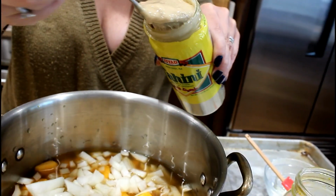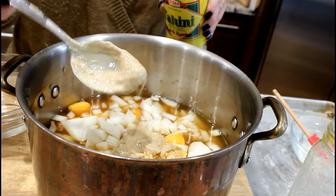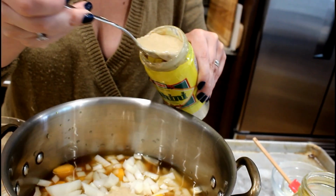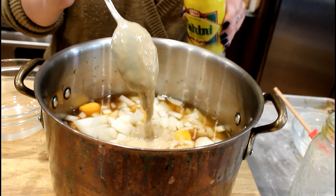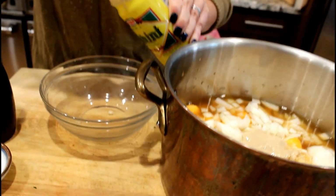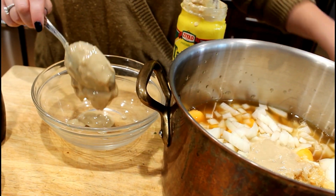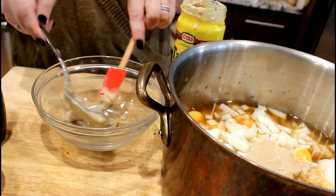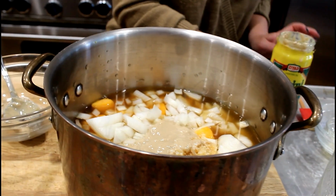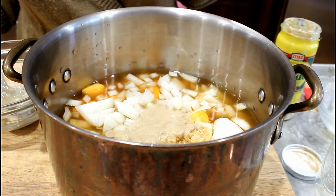So take a big glob of your tahini and put it in your soup. Get a little more in there. It's going to give it a little nuttiness. And then we're also going to make a yummy garnish with the tahini. So as long as we're in here and have our spoon dirty, we're going to get another big glob of it and put it in the mixing bowl. And then we're going to turn off our tea kettle because we're not making tea right now, but we will use that hot water. So in here already was the butternut squash, the onion, honey, garlic, bay leaf, and tahini,